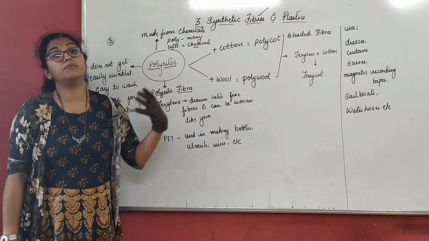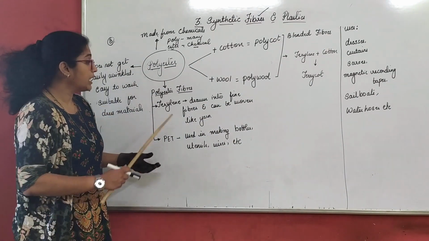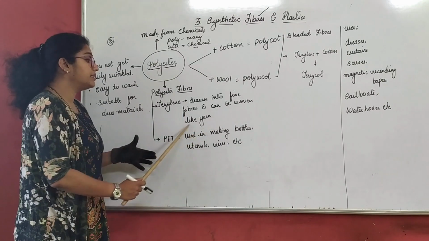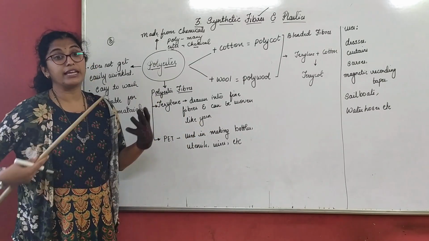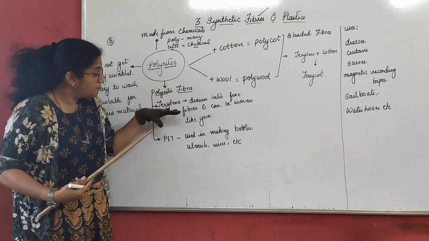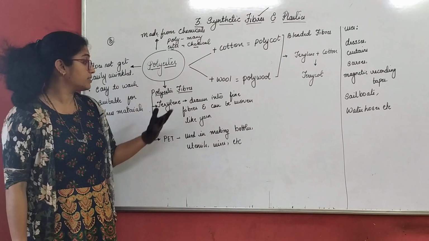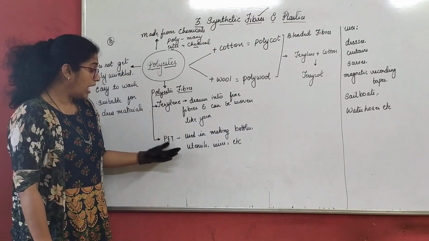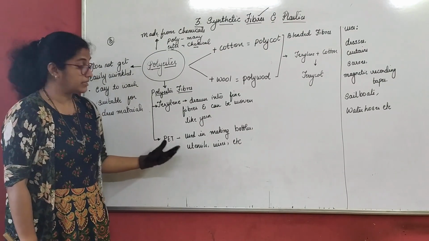PET is one of the most popular polyester fibers. Terylene is drawn into fine fibers and can be woven into yarn. So thin fibers can be drawn from one of the popular types of fiber made from polyester, which is called terylene, a type of polyester. Another type of polyester fiber, the most popular one, is PET.